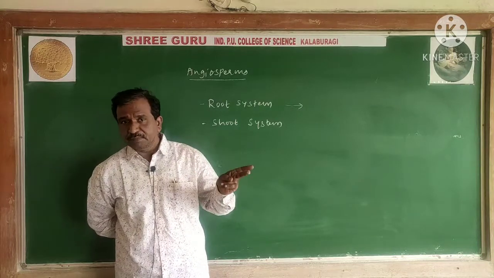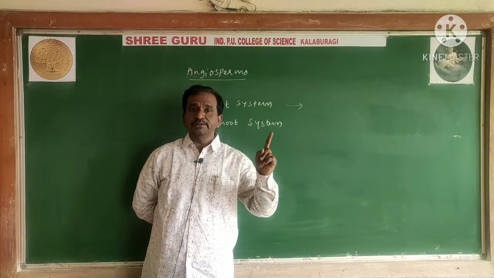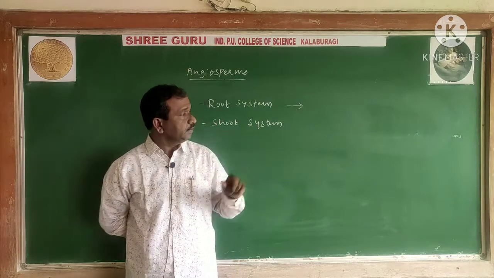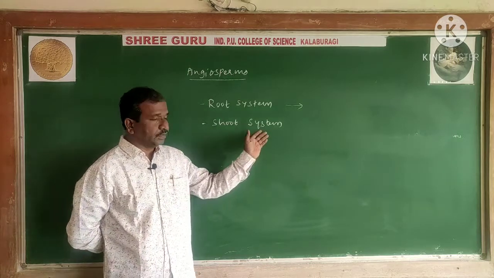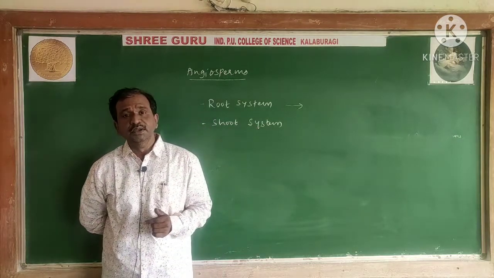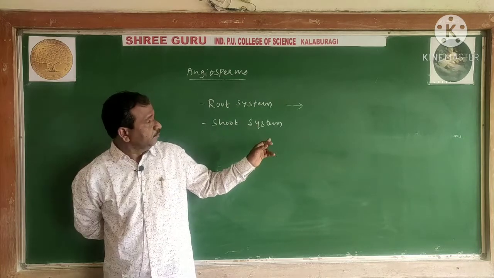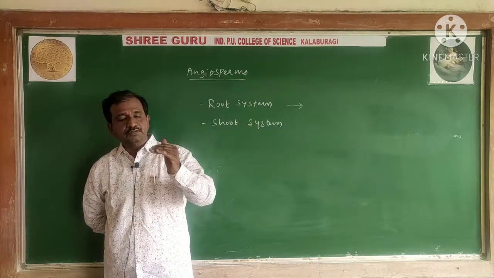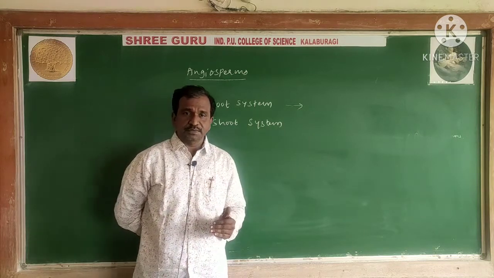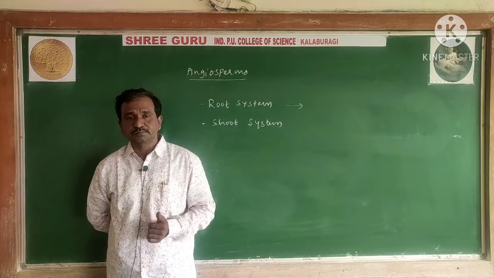Naked seeded plants, what is a naked seeded plant? The ovary is absent. Now here you can see that the ovary is present. The remaining part, you can see that all fertilization and all those things take place at a higher level. Now the shoot system: whatever parts are present above the soil, they are all considered as a shoot system.